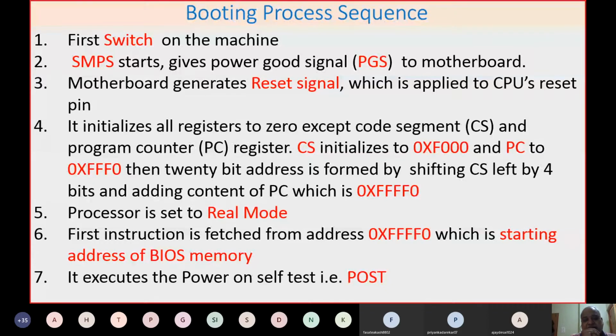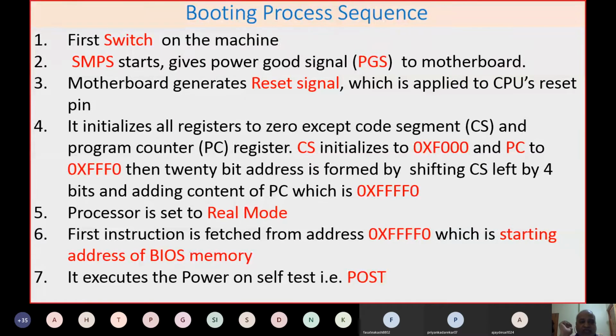Unless you get a desktop, you cannot work with the system. So what are the things that happen behind this process, from the time you press the button till you get the desktop? These are the sequences which I'm going to explain to you now.